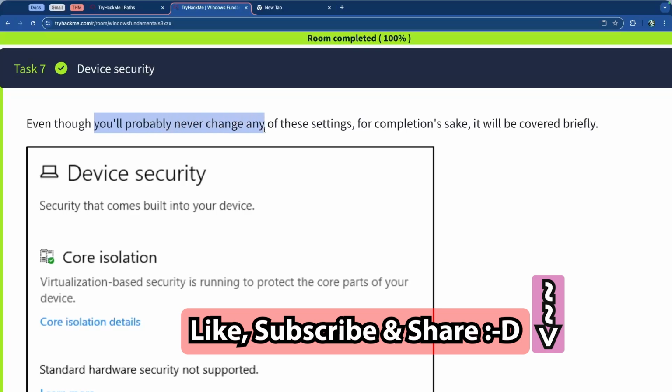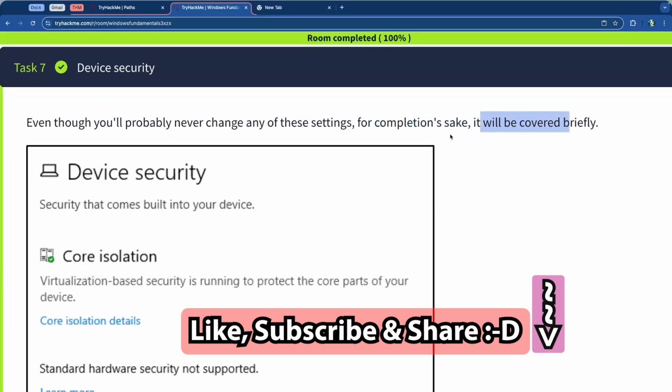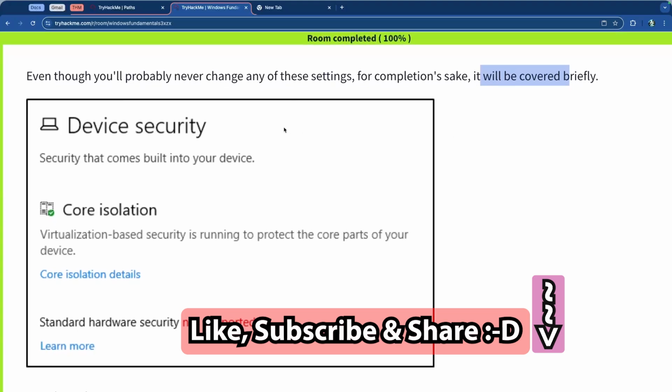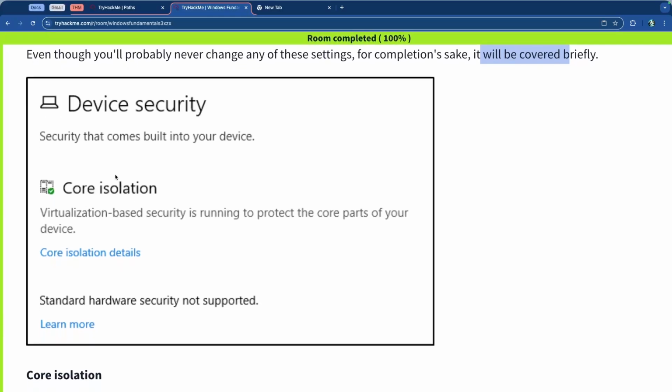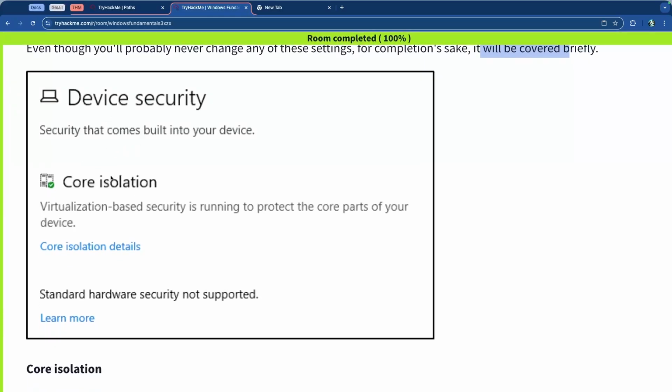You will probably never change any of these settings, but just for the sake of completion, we're going to cover it briefly. So these are some of those things that come pre-configured and they're always turned on, and you never want to mess with them, because that's basically what the best options are to make sure that your device is secure. So when you go into device security, there's the core isolation, which is the virtualized based security